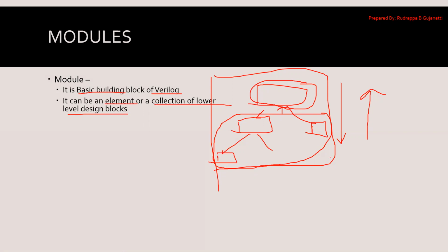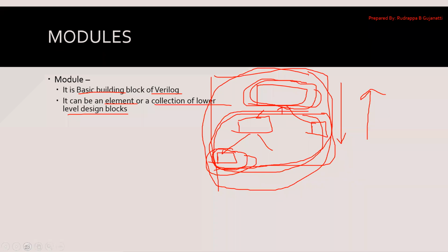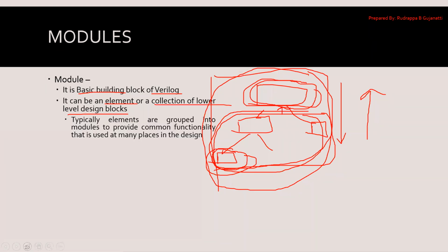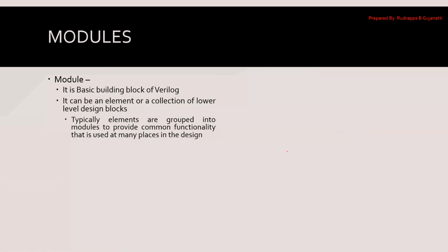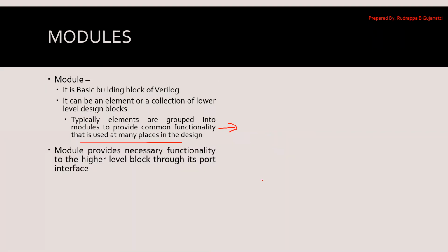Or it can just be a single element. Say I want to implement an AND gate. I can just use this part and implement it, so that itself becomes a building block. So either it can be a single element or a combination of lower level elements in order to implement the higher level implementation, which will give me the entire thing. This is what I have discussed in the diagram that I represented.